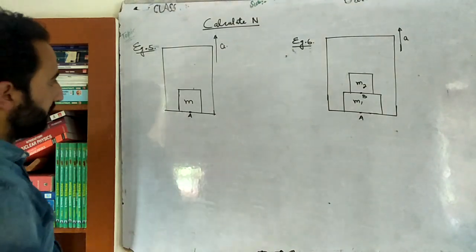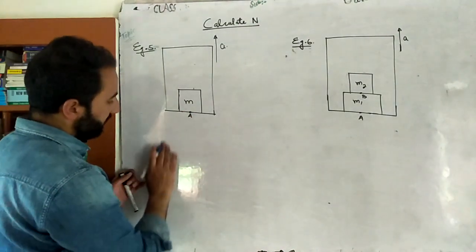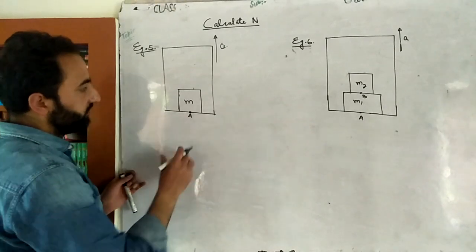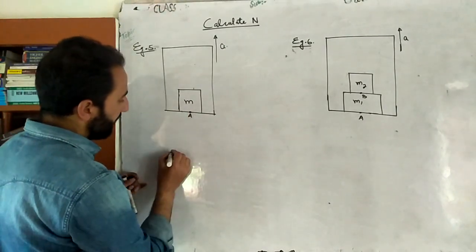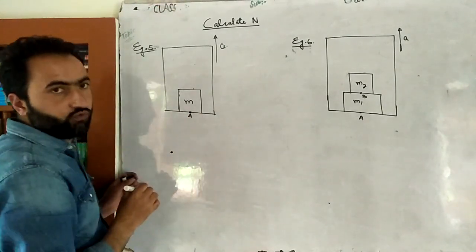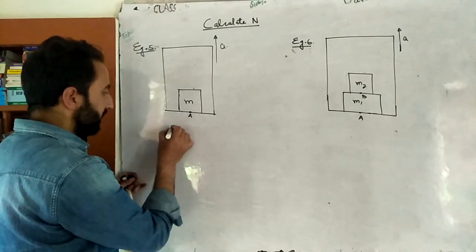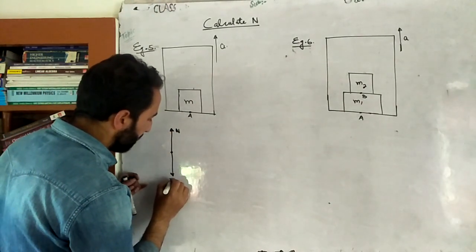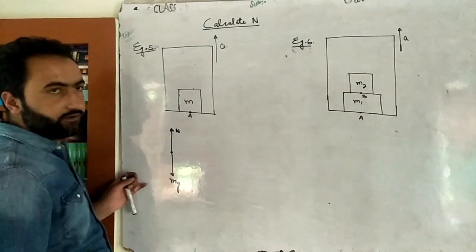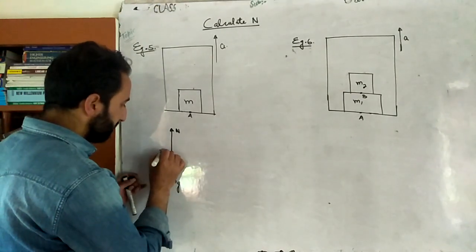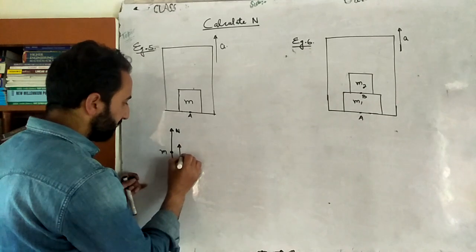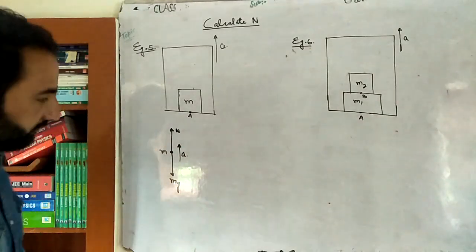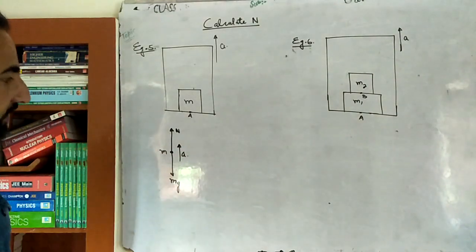Now pay attention, beta. I will construct a free body diagram for this. Then I will show a shortcut trick as well. Okay, so in the free body diagram at this point, how many forces are there? There is one normal force in the upward direction, and there's another force in the downward direction, that's the weight of the block, mg. And this block, whose mass is m, is accelerating upwards with an acceleration of a.